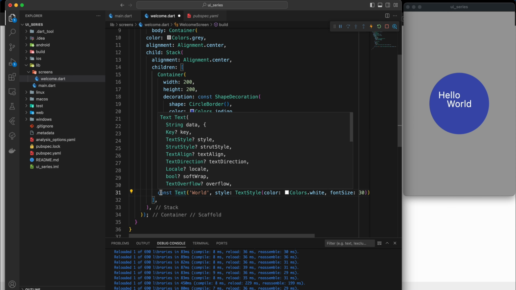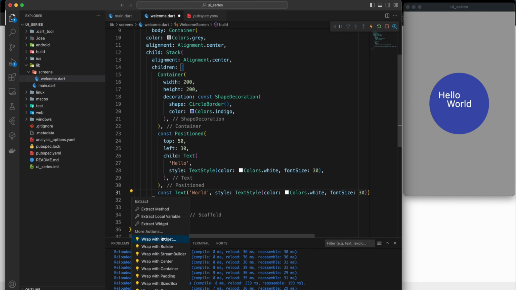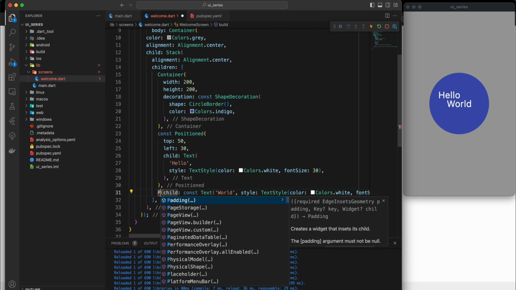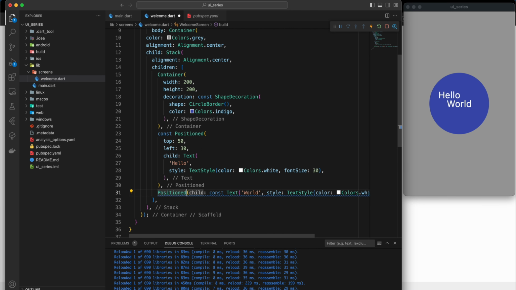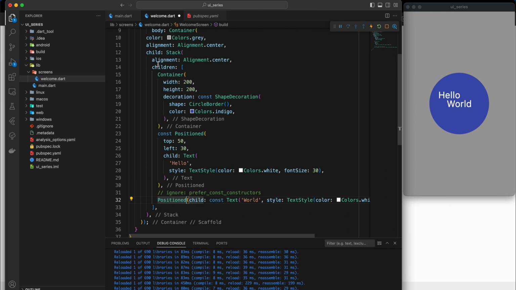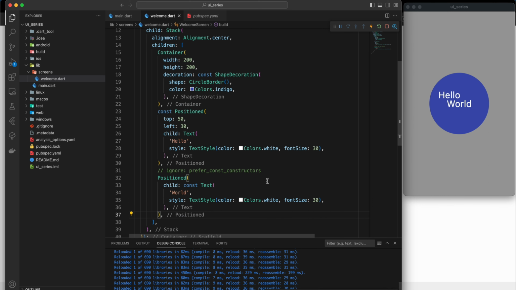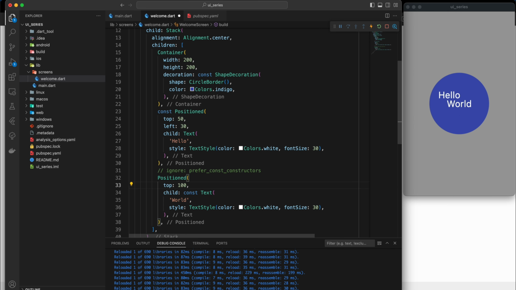Also I simply use the wrapping option in this section with the world text widget. This time I also use Positioned with the other widget, and I set up the position in this section, but this time I simply use top 100,